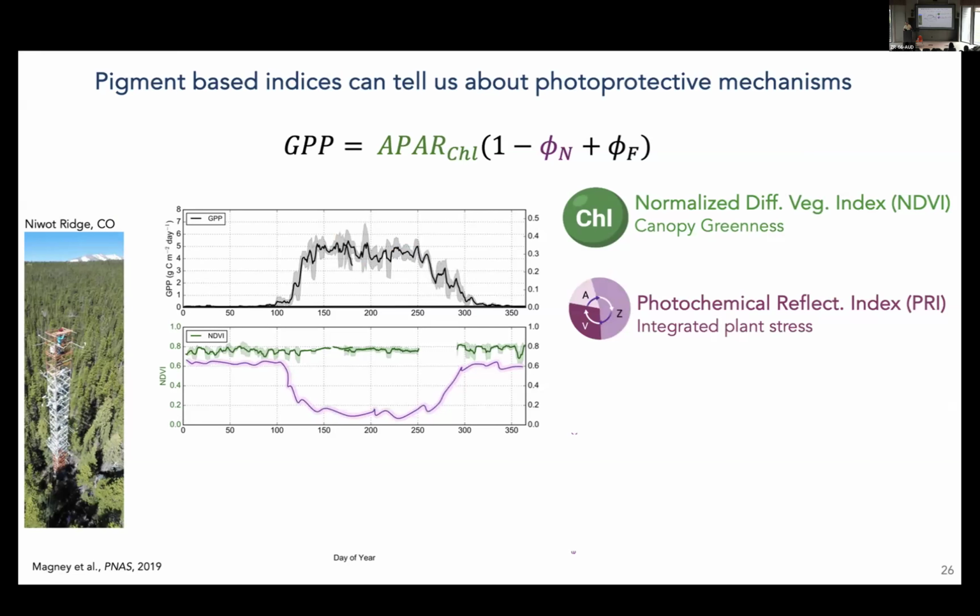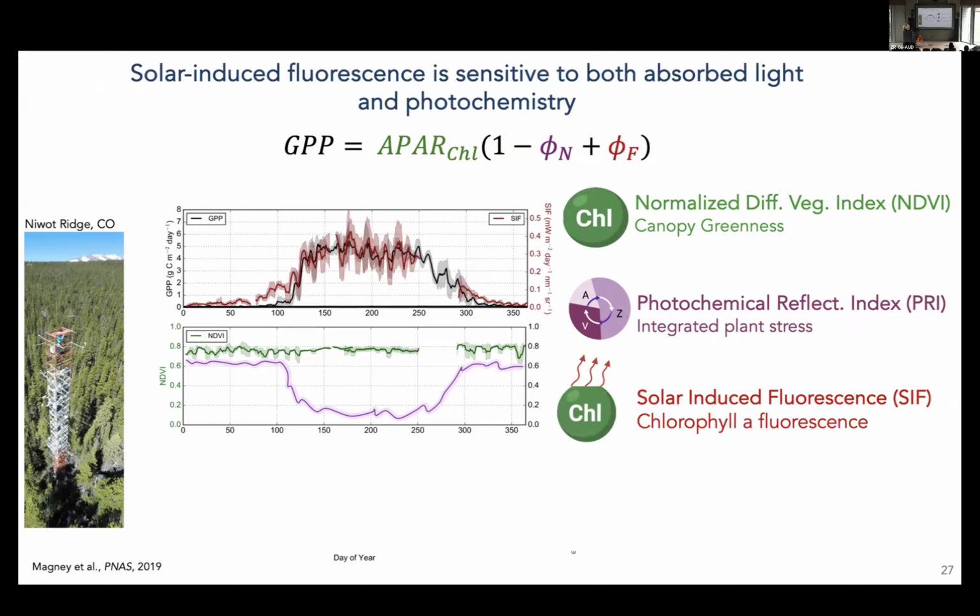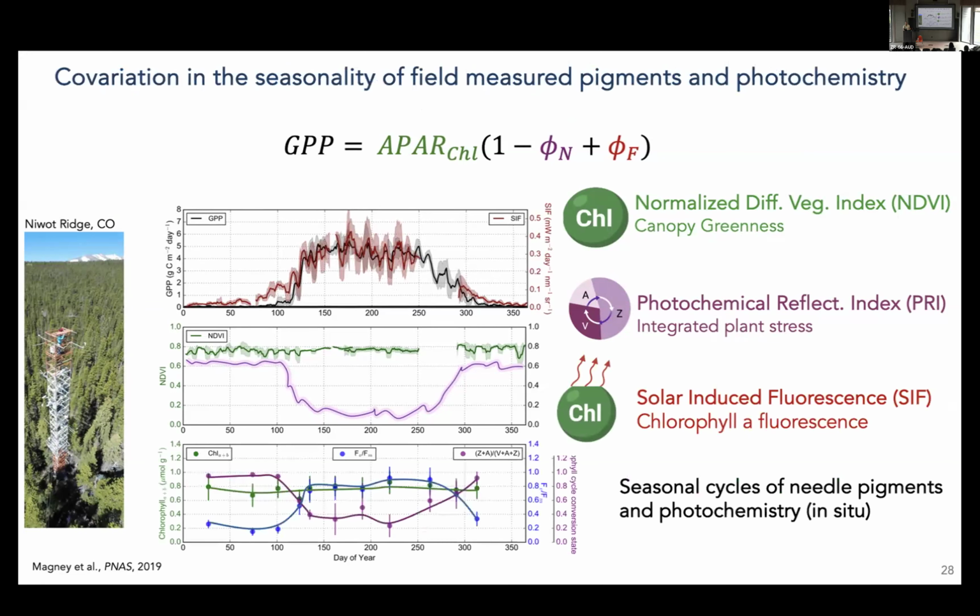If we look at something like the photochemical reflectance index, which looks at changes at 531 nanometers, we can see this sort of xanthophyll cycle interconversion happening dynamically right around when GPP starts, and then in the fall, a slower decrease in it. And we can also look at something like solar-induced fluorescence, which will give us information on the start and the end of photosynthesis, but also some of that within season variation. And then, of course, we validate all this with information that we've collected in the field